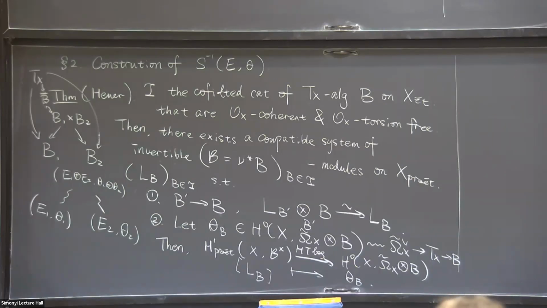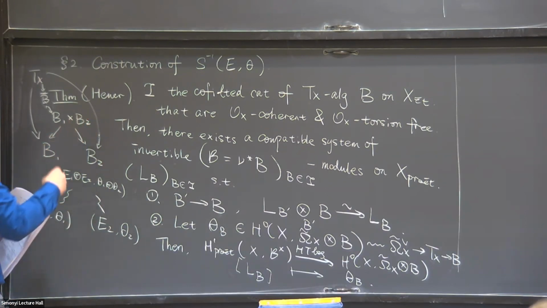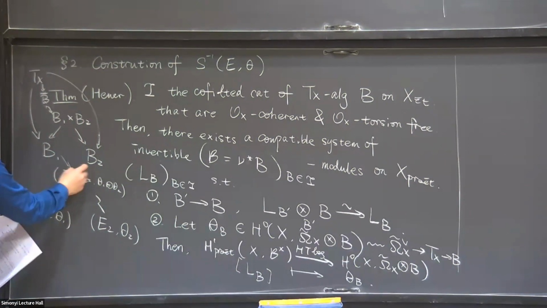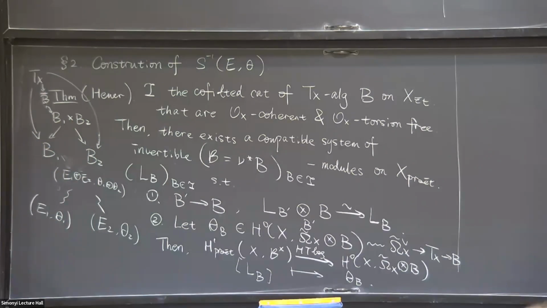And also, what happens if you take tensor products of two such algebras? Tensor products, I think that's not in the direction of this I. I mean, tensor product goes that way, but I need an inverse direction. So namely, I just take the disjoint union of all of the Hitchin bases together. Yeah, I just gather together all the Hitchin bases in disjoint unions, but I just couldn't take